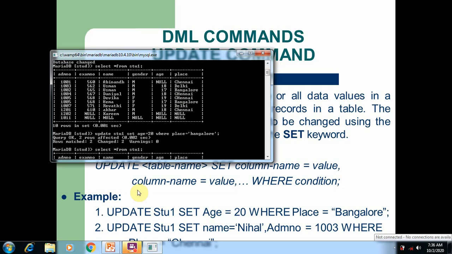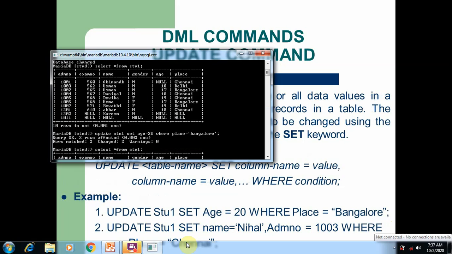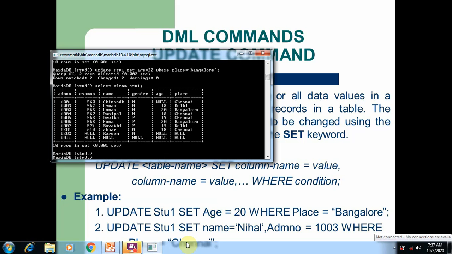Now I am going to execute the second command: UPDATE stu SET name is equal to Nihal, admin number is equal to 1003, WHERE place is equal to Chennai. So I'm going to change the student name to Nihal and the admin number to 1003 where place is equal to Chennai. Here you can see the update command: UPDATE student1, use the SET keyword, set the new column names for new data, SET name is equal to Nihal,